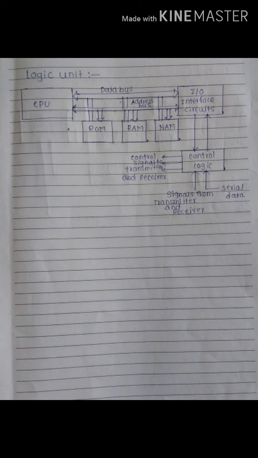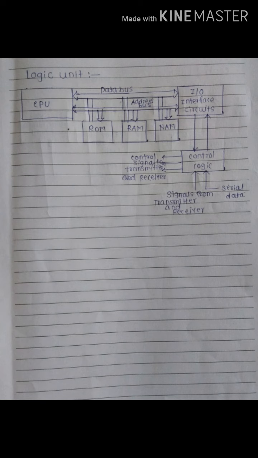This means the logic unit contains the main control circuitry for the cell phone. The logic unit consists of a microprocessor along with RAM and ROM, and a number assignment module, input output interface circuit and control logic. The number assignment module carries data such as MIN, that is mobile identification number, and SIDN, that is service identification number. This data is programmed by the service provider when the particular user activates the respective service.